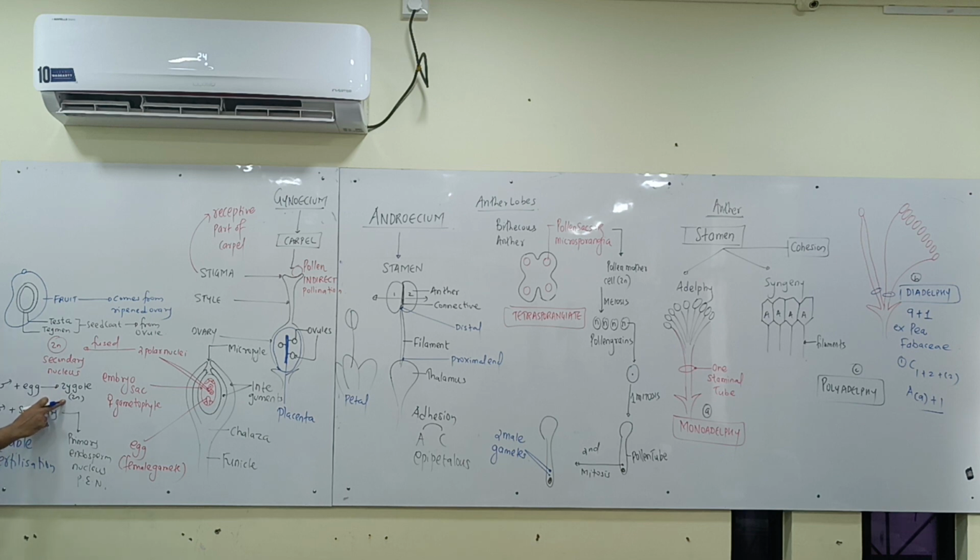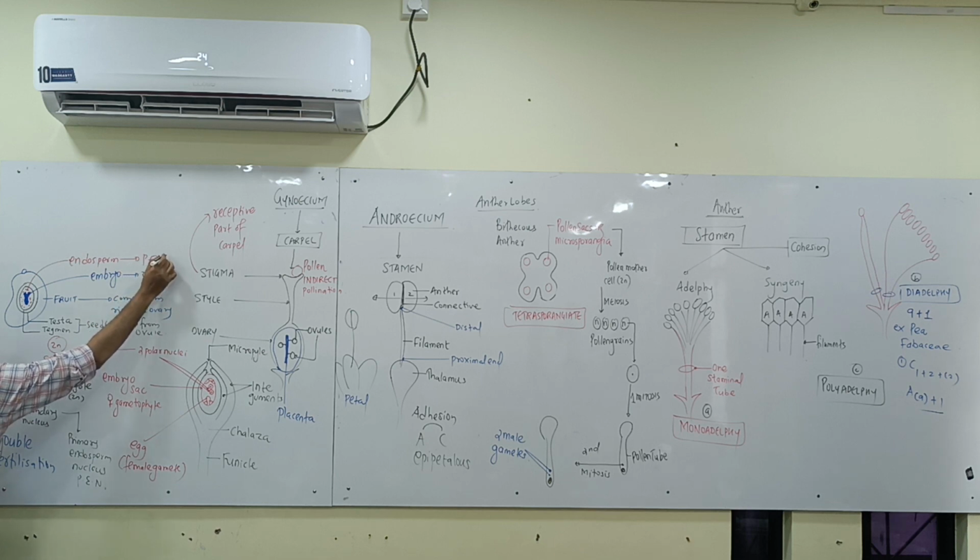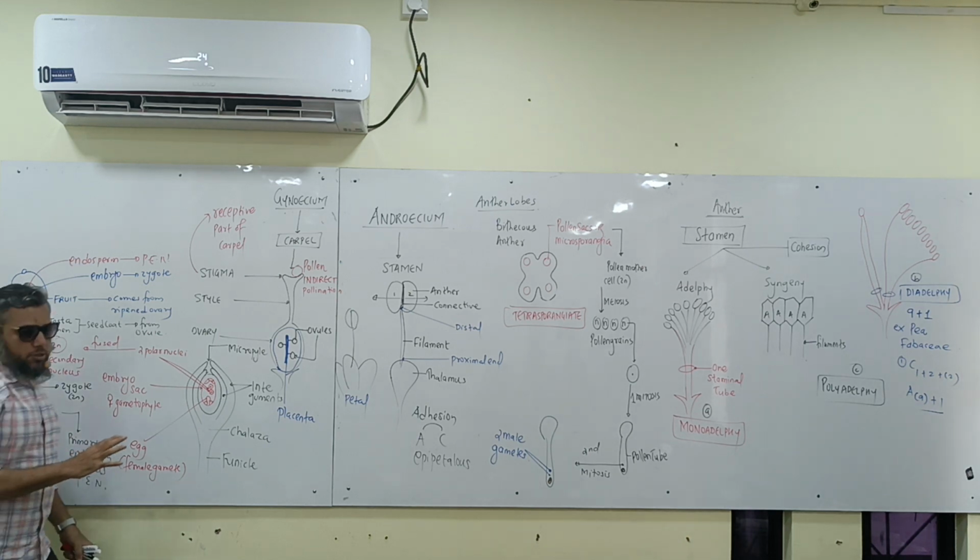यहाँ पे कौन फॉर्म हुआ था? जाइगोट। Now this zygote will develop and it will produce a baby plant. Correct बच्चे लोग? Give me yes or no? Yes. And this baby plant is called the embryo. जो कहाँ से आया बच्चों? Zygote में से आया. Correct? And this embryo needs खाना पीना. And that is the endosperm. जो कहाँ से आया? Primary endosperm nucleus. 12 में और भी ज्यादा डिटेल आएगा, बड़ी बेसिक आइडिया भी सबको आ गई।